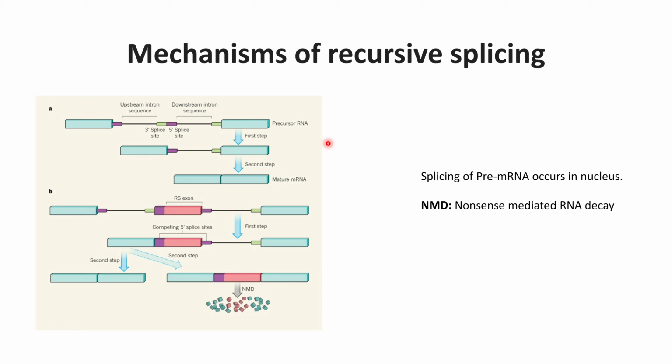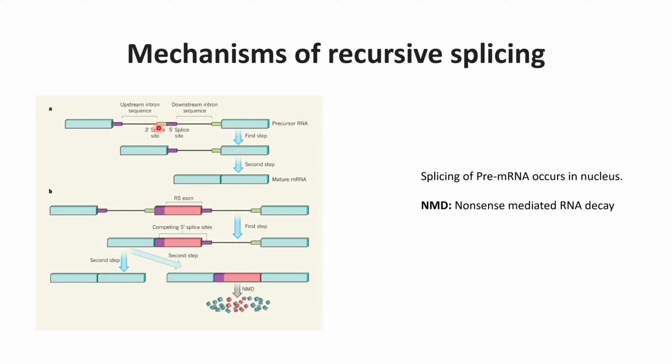So in this video we will discuss how this splicing mechanism occurs, or what are the things that we know about this splicing mechanism so far. This is the precursor RNA, or pre-RNA, that is transcribed from the DNA, and this blue portion represents the exon, and this red portion represents the intron, and this small purple and green color represents the sites of the intron. That is, purple is the 5 prime site, and